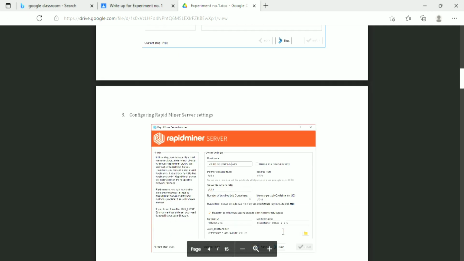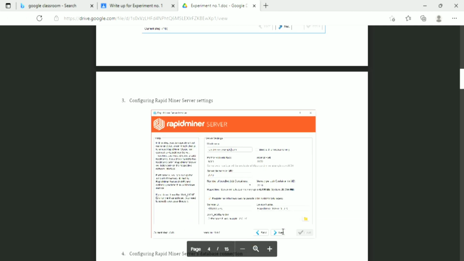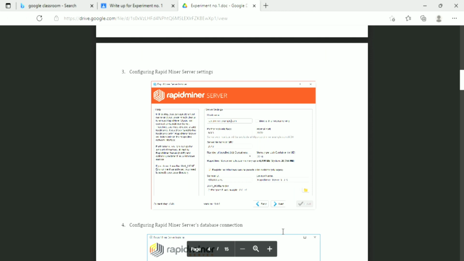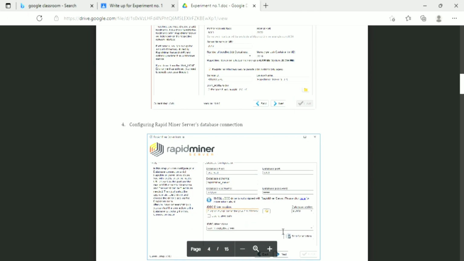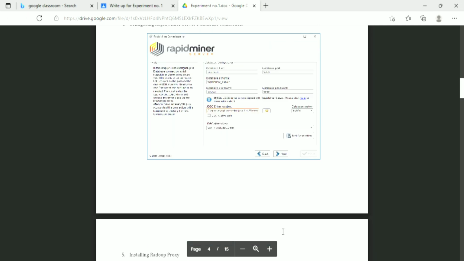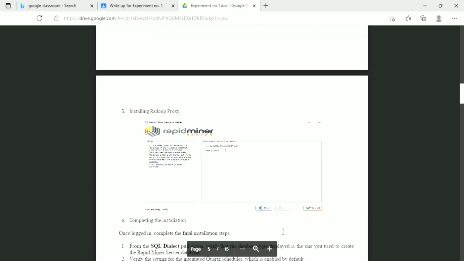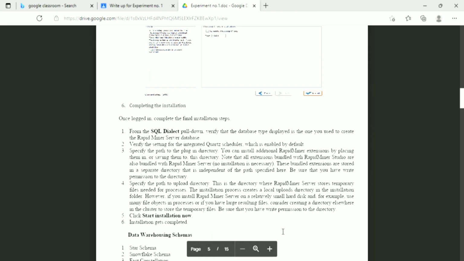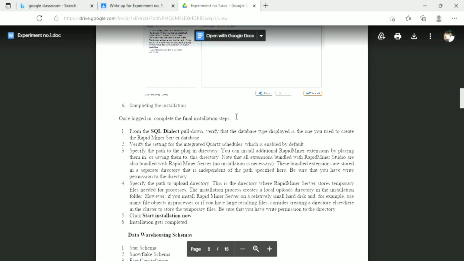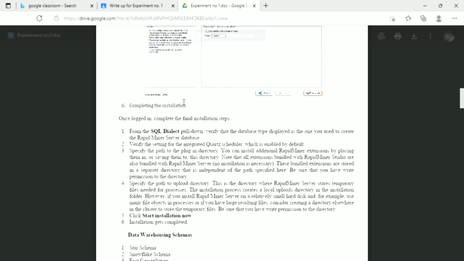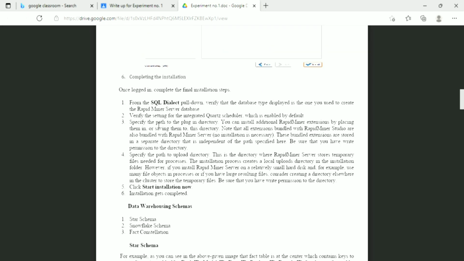After that, you get a screen to configure RapidMiner server settings, just click next, and like this you can go through the installation, and after that, finish, completing the installation. Once you log in, complete the final installation steps.